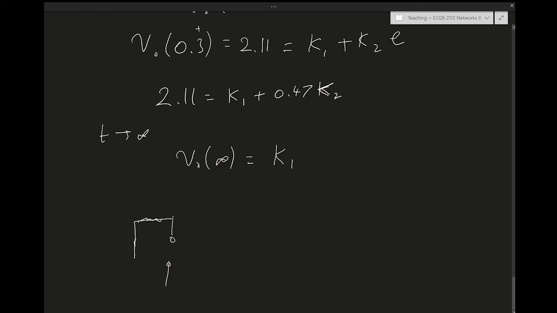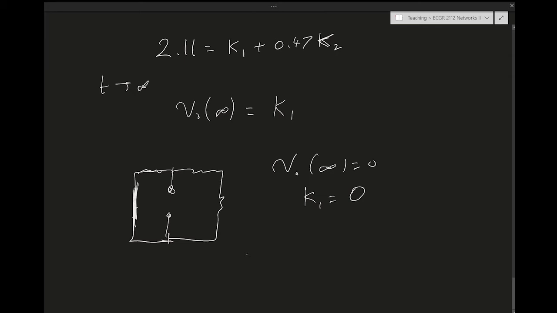We have a resistor here. We have a short circuit here, we have the resistor divider. So this is a kind of circuit where the capacitor will fully discharge at the end. There is no voltage source, the capacitor is an open circuit. Everything goes to zero at infinity, because essentially what's happening is the capacitor is discharging completely. So that means VO infinity equals 0, so K1 equals 0. Okay, so we end up then with K2